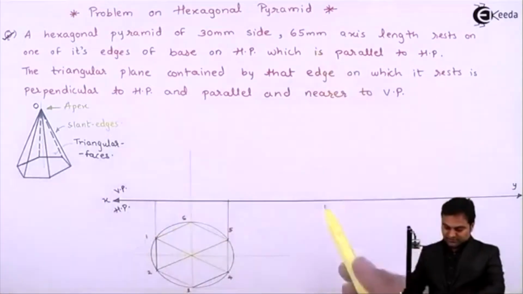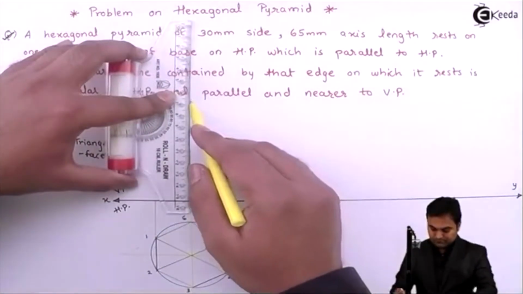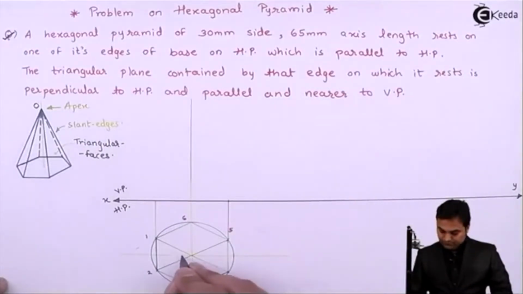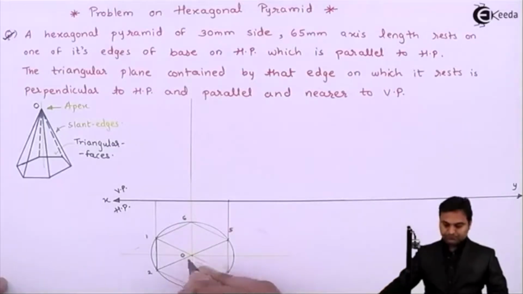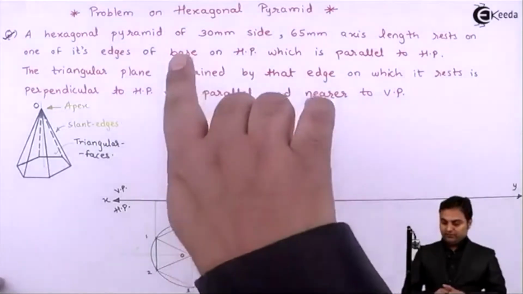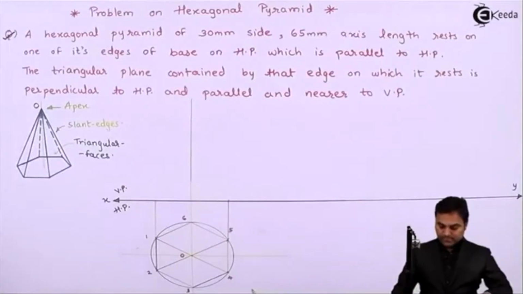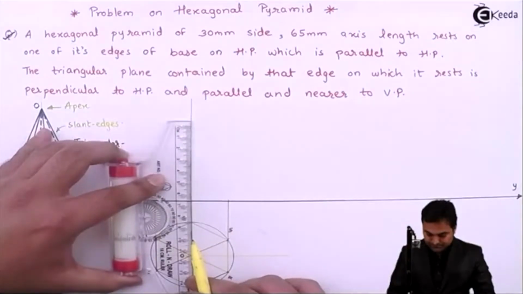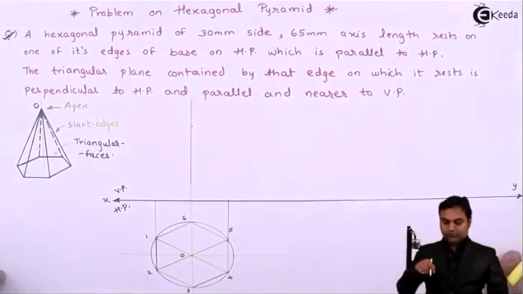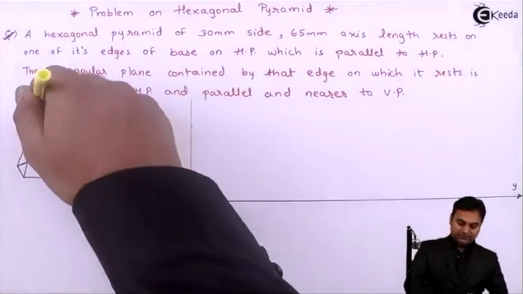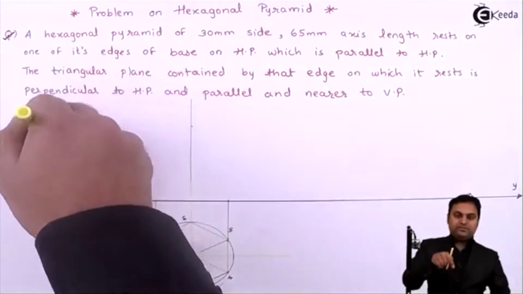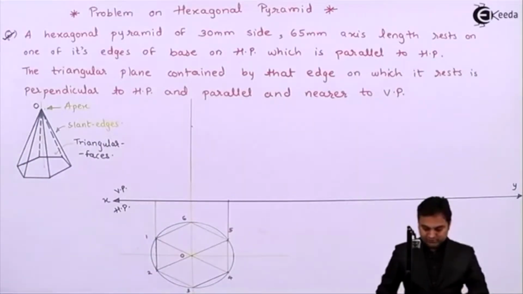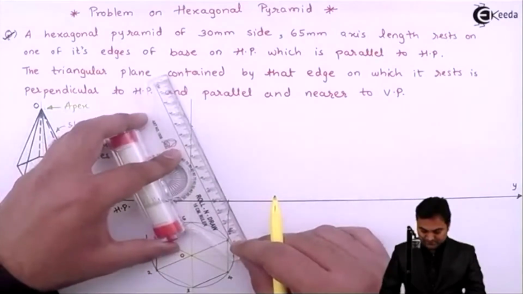The axis length is 65. Apex in the top view is at this point O, and this point O is projected upwards where I'll mark the axis length. So axis in the front view appears as a line. In the top view, axis is looking like a point. If I look this pyramid from top, the axis will appear as a point, but if I look from front, axis will appear as a line. Now joining these slant edges,